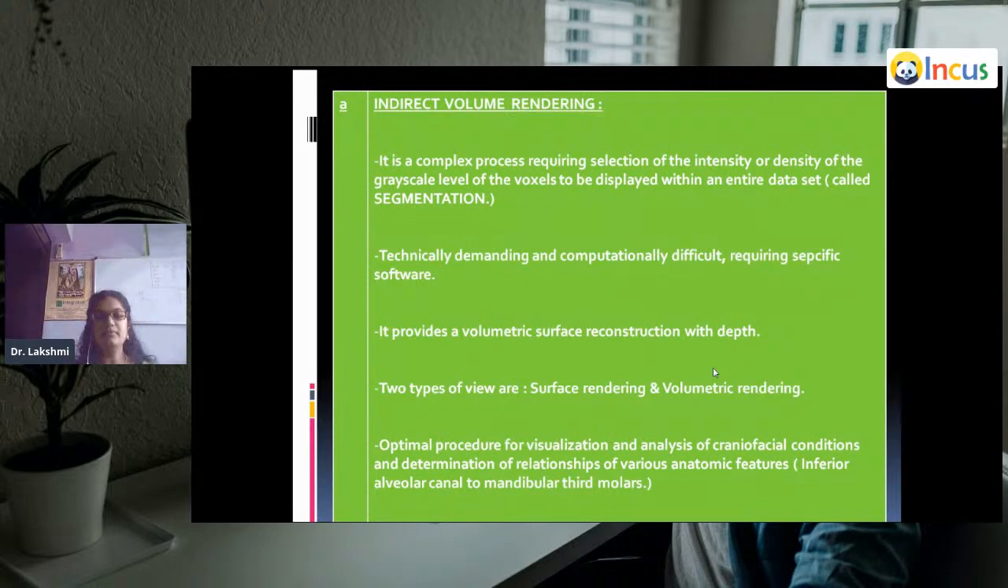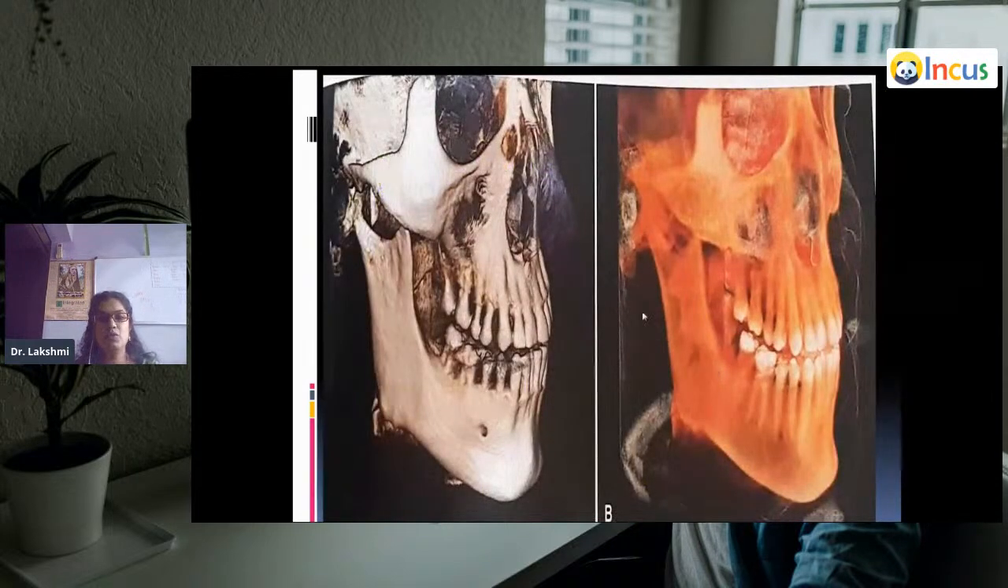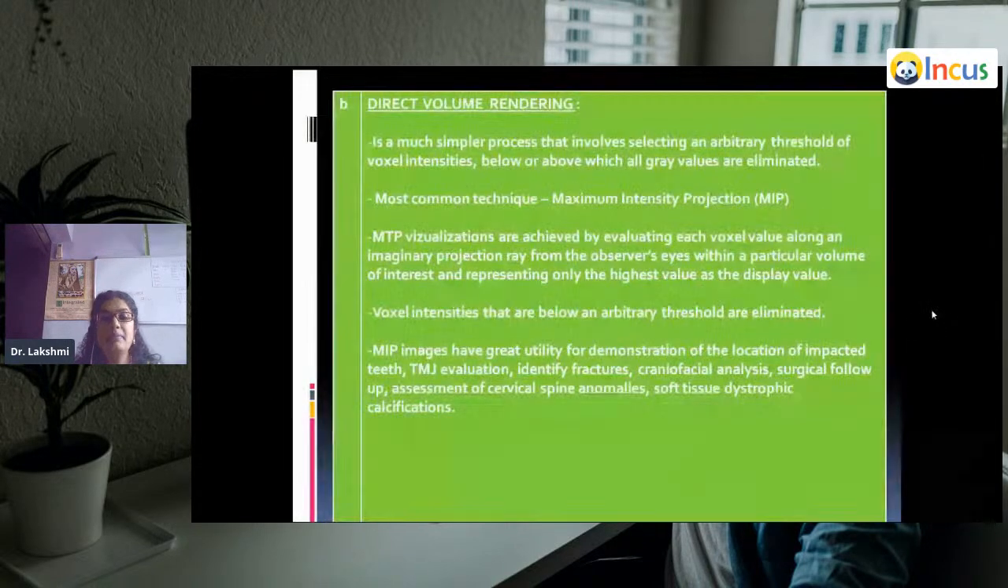Okay, so this is the image, and this is the reconstructed or indirect volume rendering. One particular thing, it gives a three-dimensional view as well. Then coming to direct volume rendering, it is a much simpler process that involves selecting an arbitrary threshold of